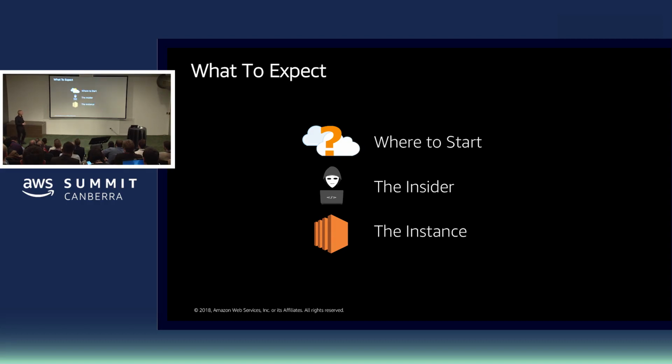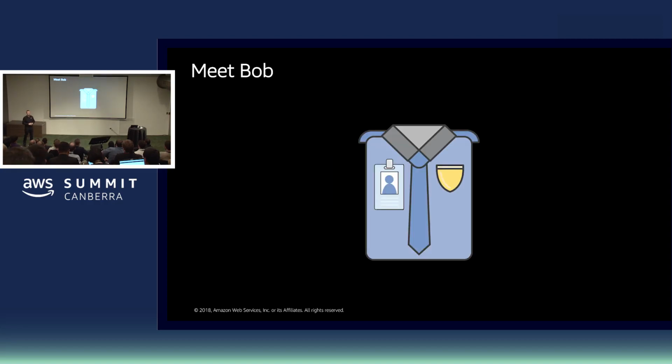There we go. So we're going to go through how to start your incident response journey. If you're mature, then how you can improve it. An insider threat, so based on credentials that have been outside of the organisation and are going to be reattempted to be used. And also how can we respond to an incident and run some really basic forensics on an EC2 instance. So I'm going to go through this session as Bob.